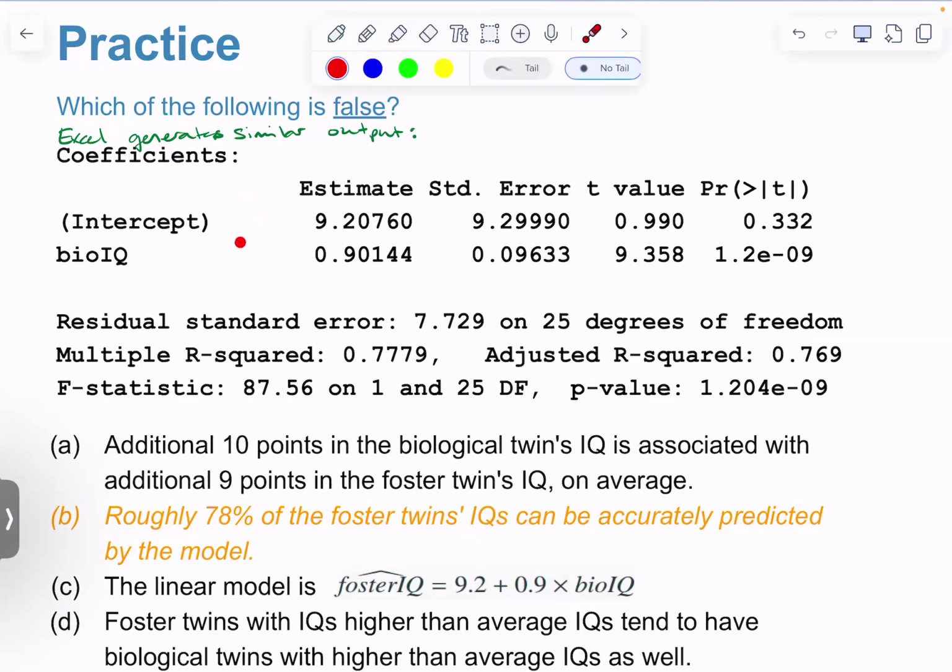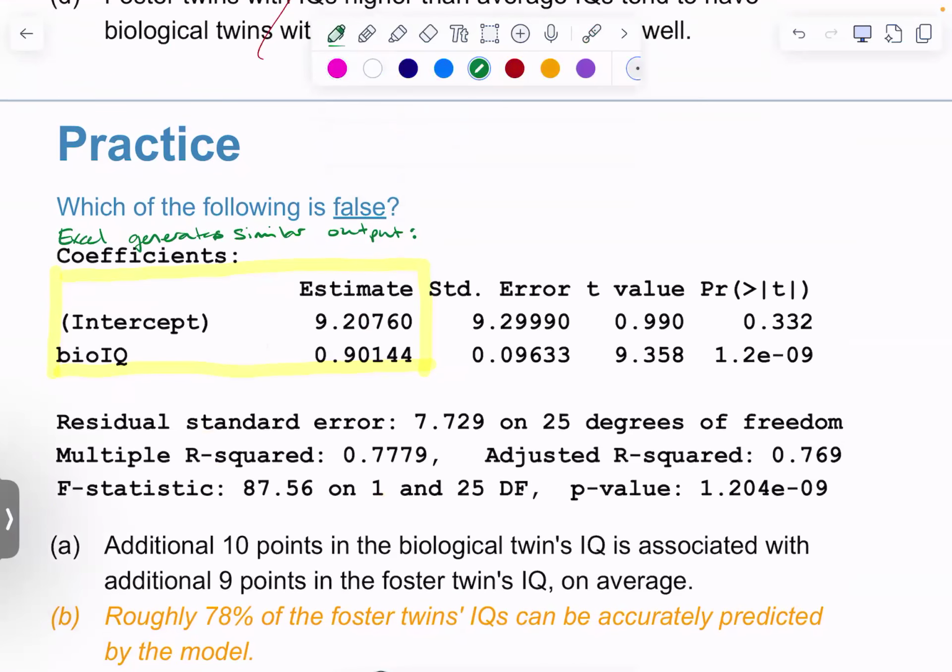And what we're going to focus on today is these coefficients, right? These are estimates for the coefficients, an estimate of the intercept, and the estimate of the coefficient of bio-IQ. And so what we can do is from here, we can write